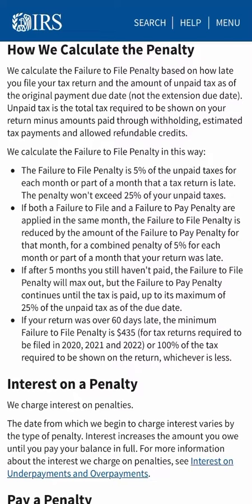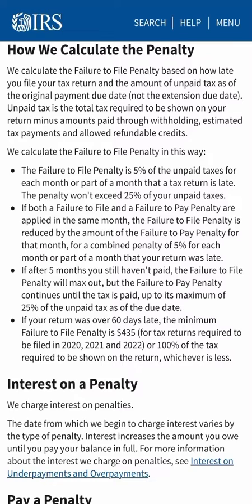They take 5% of the unpaid taxes for each month or part of a month that a return is late, but the penalty will not exceed 25%. So the maximum penalty that you can receive for failing to file your tax returns on time is 25% of your unpaid taxes. That's the max. And again, they are assessing this 5% penalty each month until it gets to 25% of whatever the unpaid tax